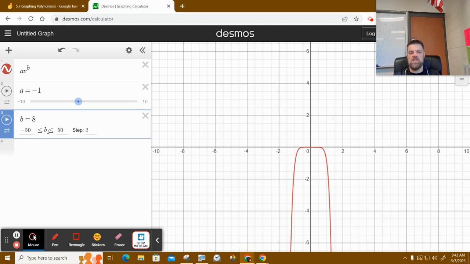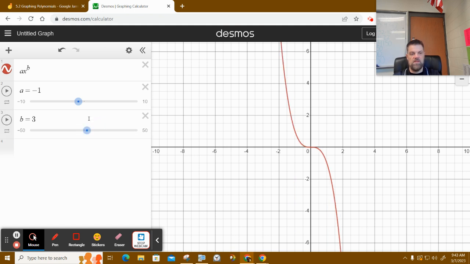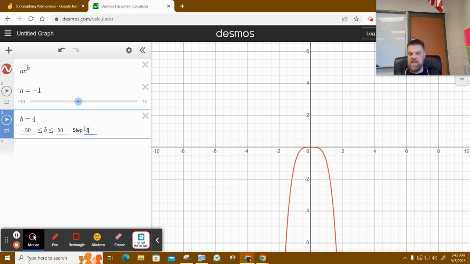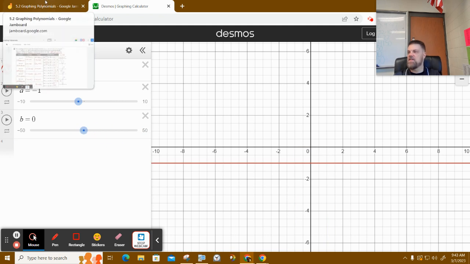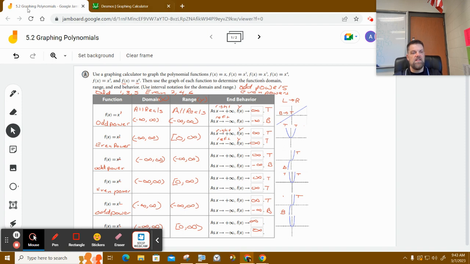Now, if I change this to 1, and let me go to 3, now I change this back to 2. Now I'm just going to look at the, oh man, it won't let me do it. Shoot. I wanted to count by the odd numbers, but that's okay. So does that make sense? Kind of? All right. We'll stop there because now we're going to do